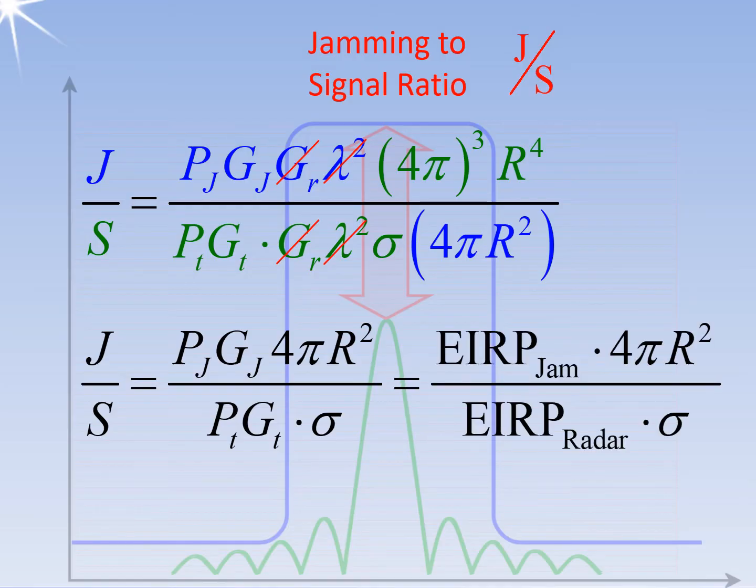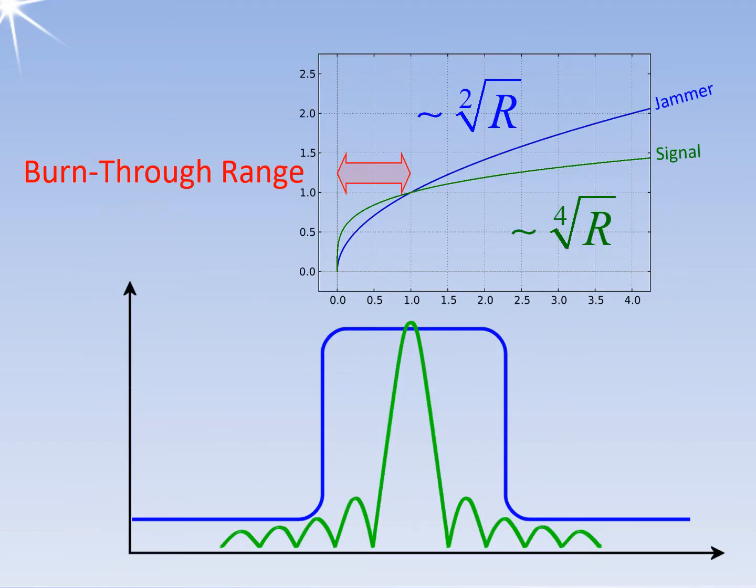The transmitted power at the antenna can be grouped with its antenna gain. EIRP is the effective isotropic radiated power and means the multiplication of the transmitted power measured at the antenna with the antenna's gain. The burn-through range is the radar-to-target range where the target echo signal can first be detected through